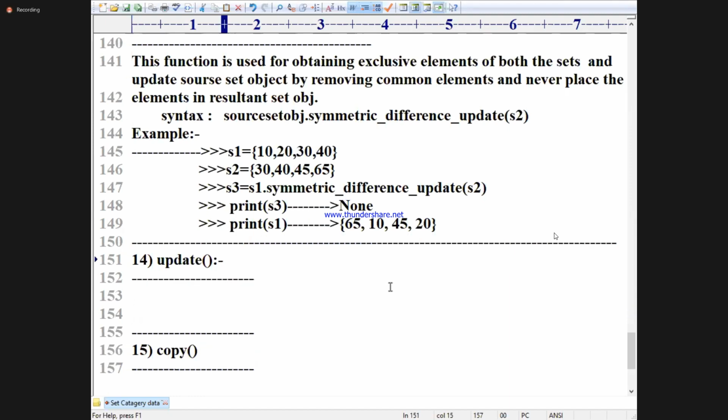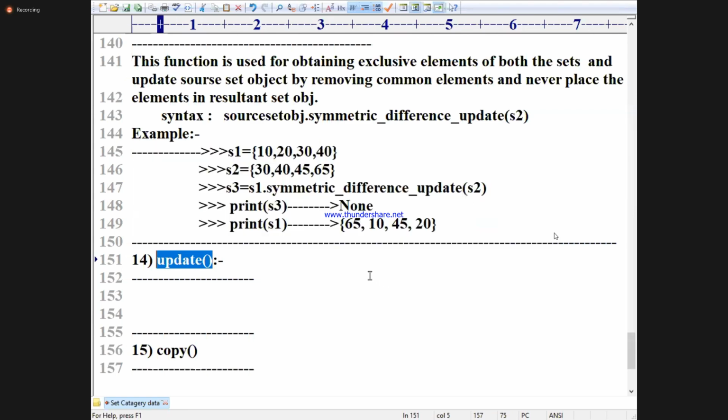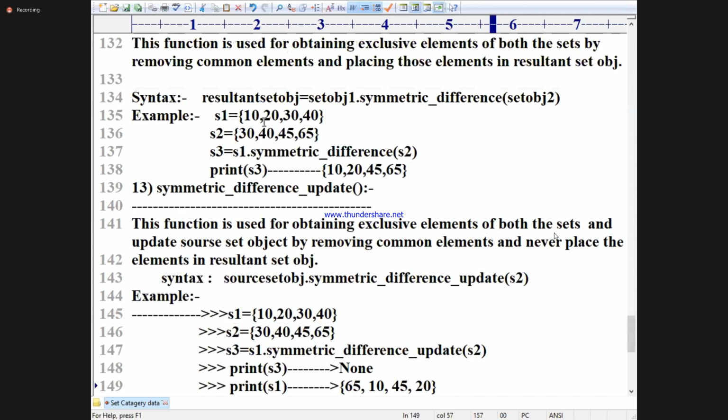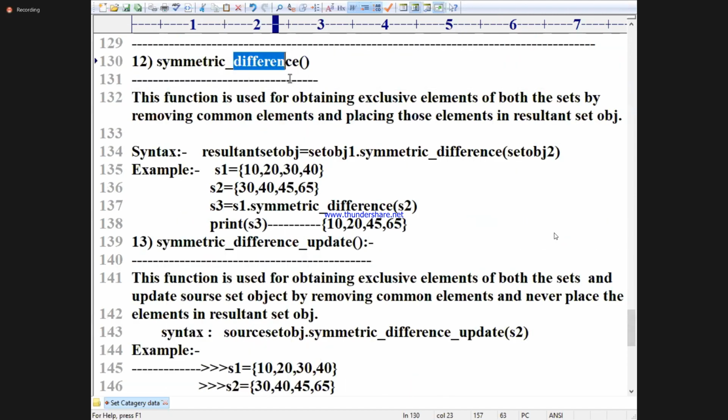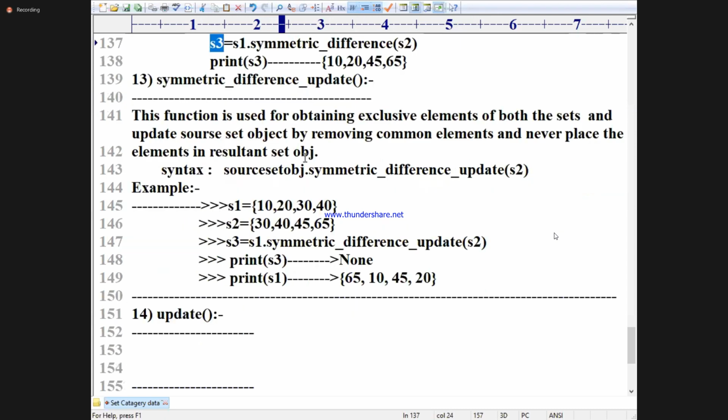Okay, tell me what the update function will do? Already told yesterday also. Let us first complete this. Try to compare with symmetric difference, obtaining only the common elements. The resultant object is coming. Here at update, we are updating the source object with the symmetric difference elements.